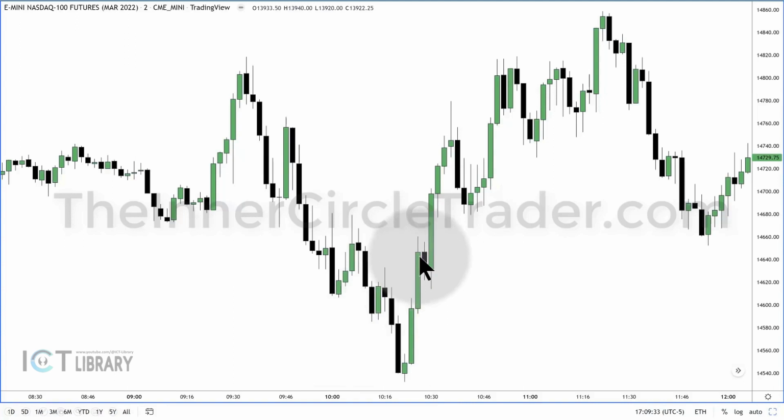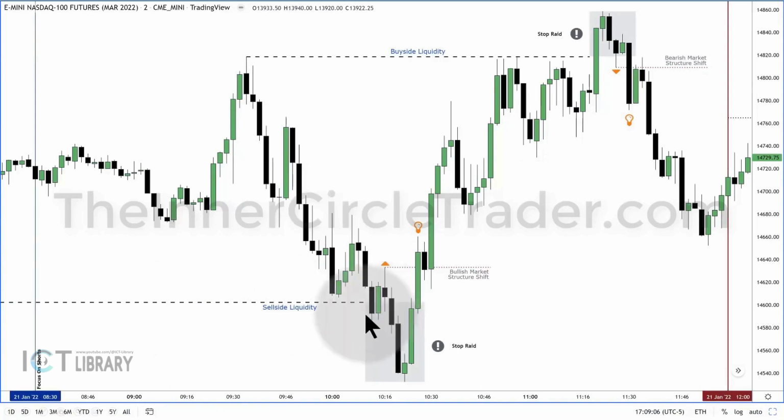And then the market will start to seek buy stops, okay, or buy side liquidity, that would rest above here, here, and here. So here's those sell stops. So this little area here that's shaded in, that's an area where sell stops would be residing below that 14,600 level, okay, on that 15-minute time frame. So the market dove into that liquidity, and you may or may not know that is a buy. You don't need to. You anticipate a shift in market structure.